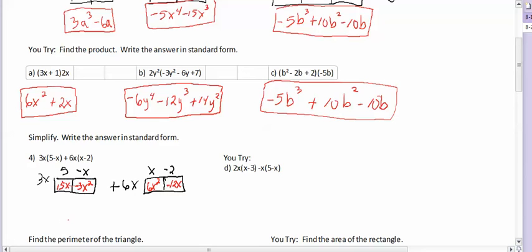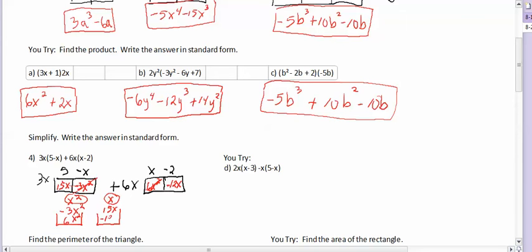Okay, now I'm going to take this and combine like terms. So again, we can use our buckets to do this. So x to the second powers will go in this bucket, and then the x's will go over here. So these are my labels from my bucket. So x to the second powers, I have a negative 3x to the second power. I use that one. And I have a positive 6x to the second power. Okay, I did that one. Okay, and then I've got 15x